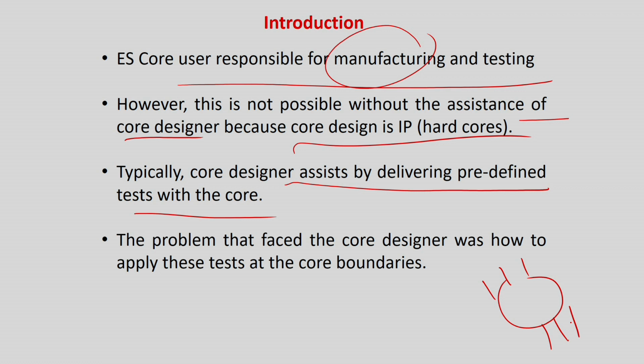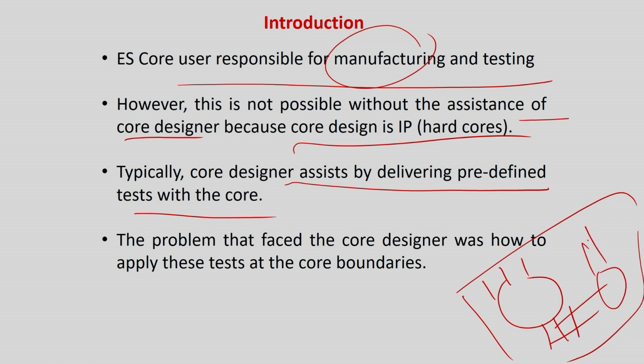But the problem is that now this will be in a bigger design. So maybe this will be coming into another chip like this, another block, and this may be your input outputs. Maybe these internal pins of these two cores cannot be available as output. So the core builder, the one designing the core, will tell you to apply these patterns over here, and probe these pins, receive the response from these pins, and do the response analysis. But these now become an internal part of your main chip. So I have no access.